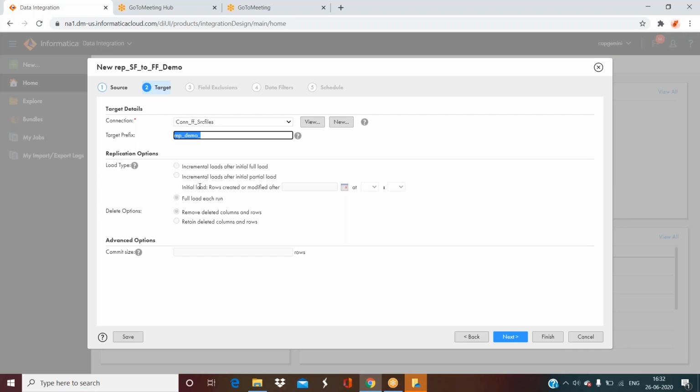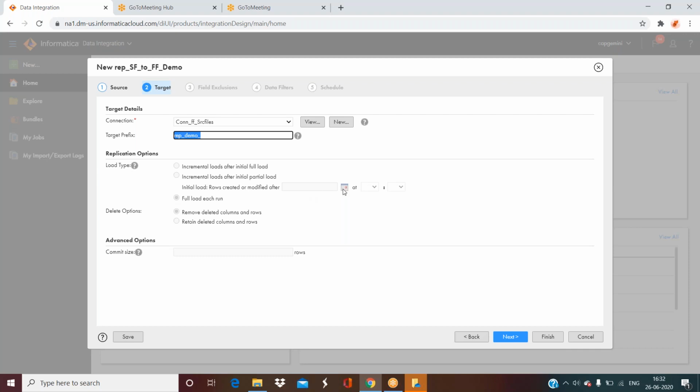So what is incremental load after initial partial load? That means in the first run it would load only partial data, based on the condition below, that is rows created or modified after the given date.